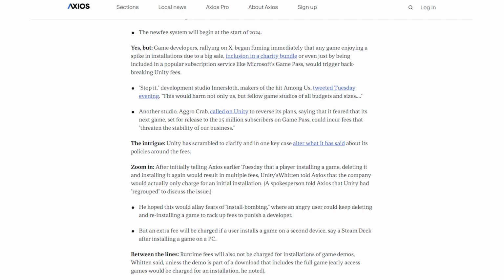And then there's another thing that it's still going to affect. Let's say you have a desktop and a gaming laptop. The developer will be charged for the installation once on your desktop. That initial installation is when they're going to get charged a fee. So even if you delete it and reinstall it on your desktop, you're not going to get charged. However, if you for some reason decide to install on your gaming laptop and your desktop, that initial installation on the gaming laptop will still get them charged. So different devices will still get charged the initial installation fee.